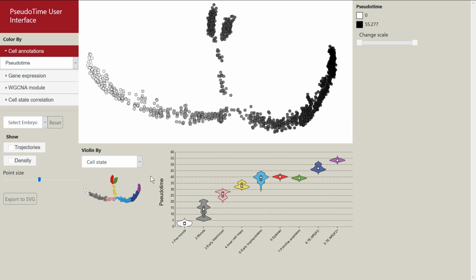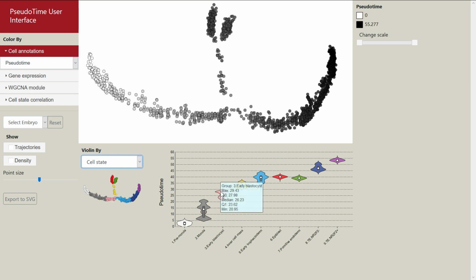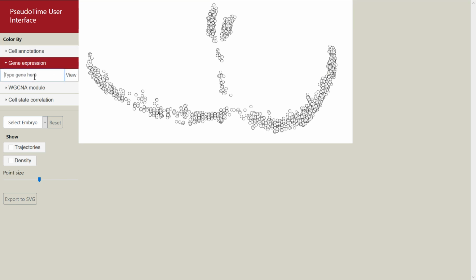In this panel, you can find violin plots that represent the distribution of the value per a qualitative value that is for us a cell annotation. You can change the qualitative value here. We retrieve the same annotations that we just saw. You have a specific tooltip when you put your mouse over a violin, with some statistics about the group. This part was based on a great d3.js library that is called distrochart.js.